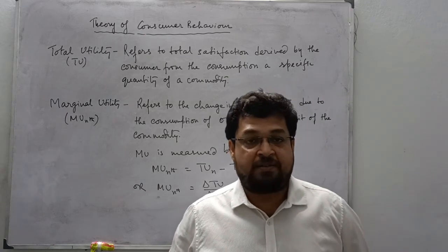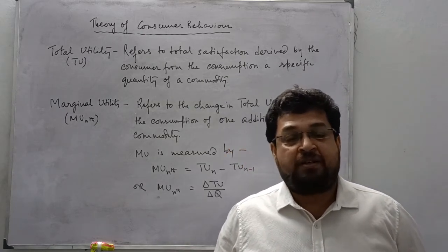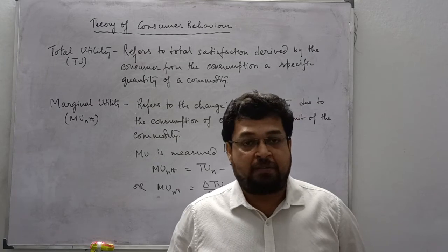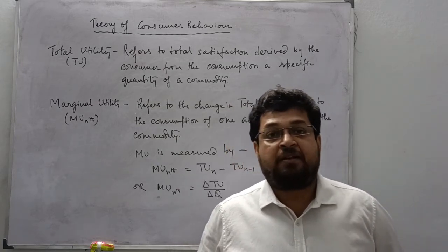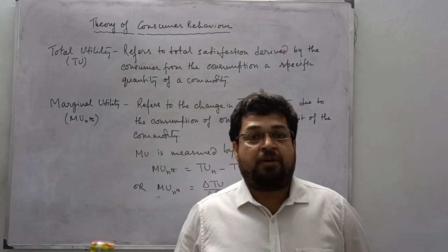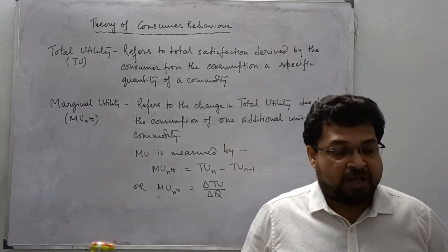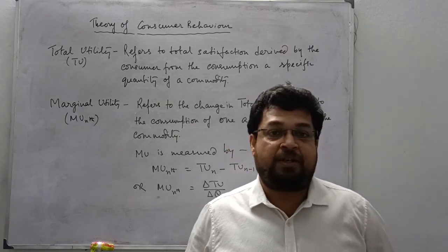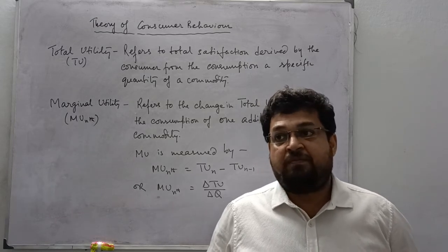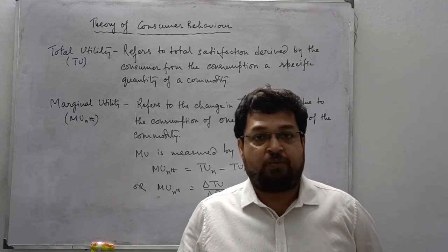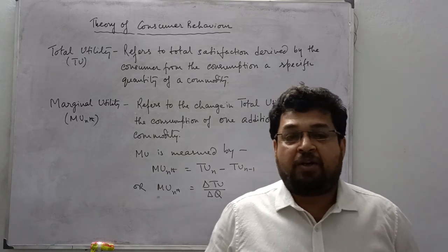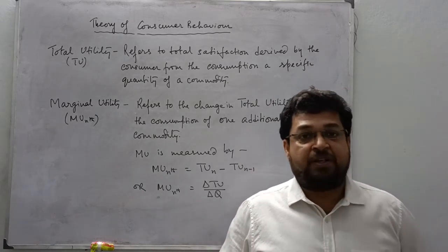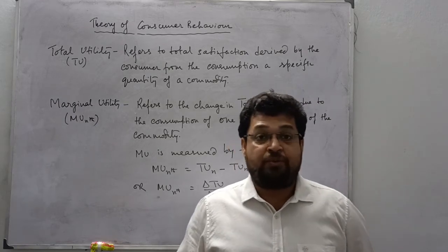The indifference curve analysis is the last section, which we call ordinal utility analysis, where we are not measuring the satisfaction or the utility by numbers, but we are talking about the preference order. On the other hand, for the cardinal utility approach or the marginal utility approach, we will be learning two theories, one with the one commodity model and the other with the two commodity model. Before going into those approaches, we need to know certain things about utility.